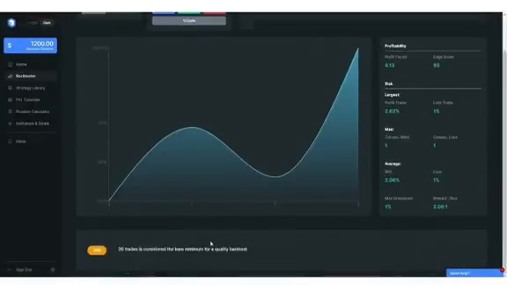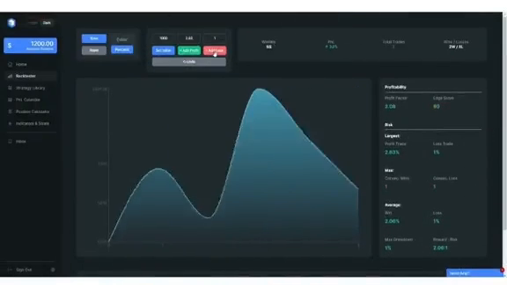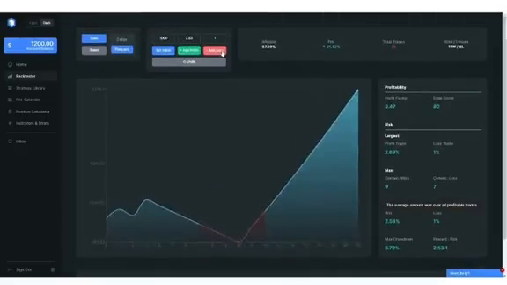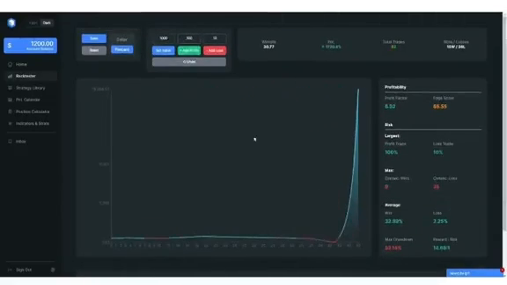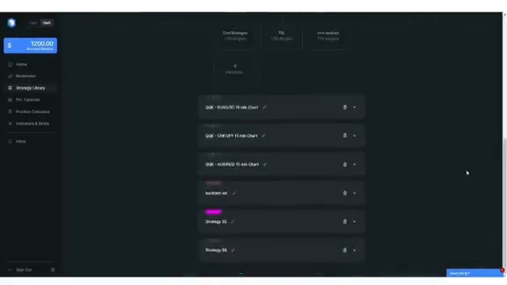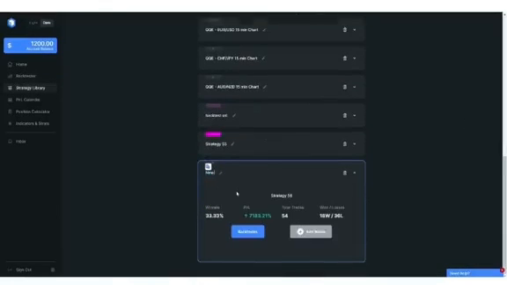Once we're done with the backtesting, Trader Edge will provide us with a detailed matrix, including important information such as win rate, maximum drawdown, and profit results. It also allows us to save the data and add more backtests, which will all be stored in the strategy